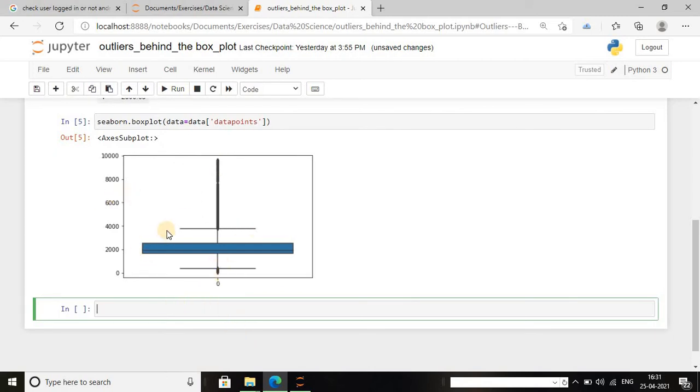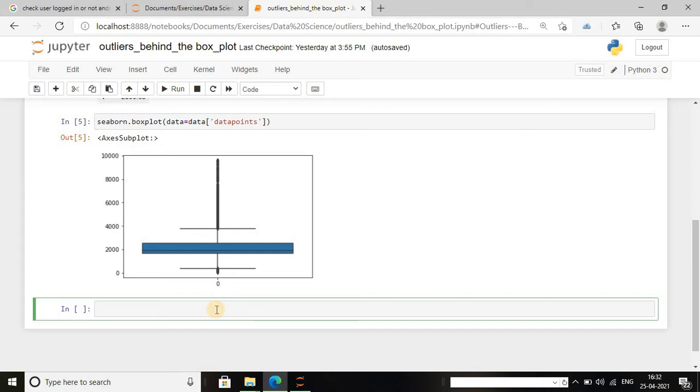Now we are going to discuss how it says that these points are the upper outliers and these points are lower outliers. How does it identify this line? The values above this line will be the outliers. How could it identify the line, and how does it say that this is the 25 percentage quartile of the data, this is 50%, and this is 75 percentage? We are going to discuss how the box plot identifies those things in this video.